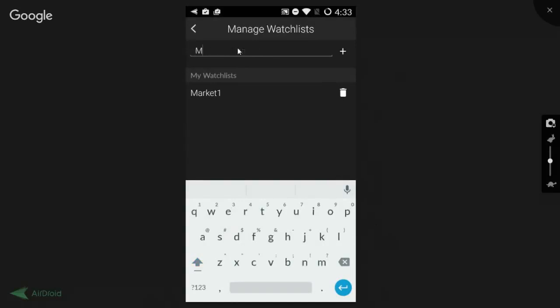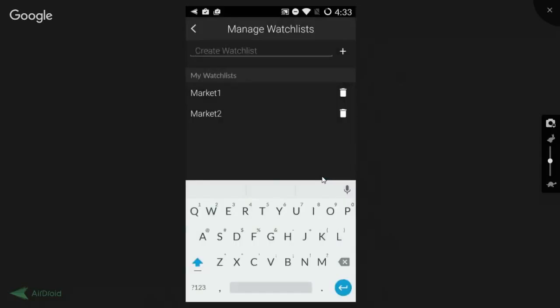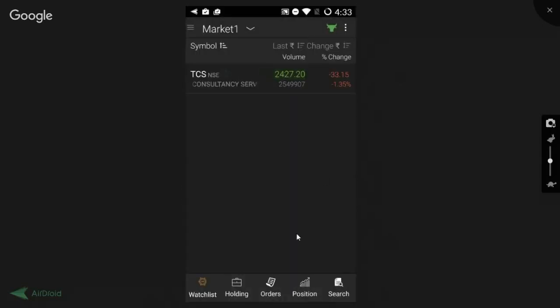So as market 1 is already created, we'll create market 2. We write the market watch name. We click on plus. And here our market watch is created successfully. We have to click on the submission OK. You have to select the market watch.